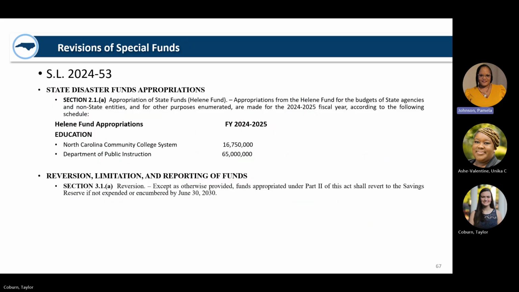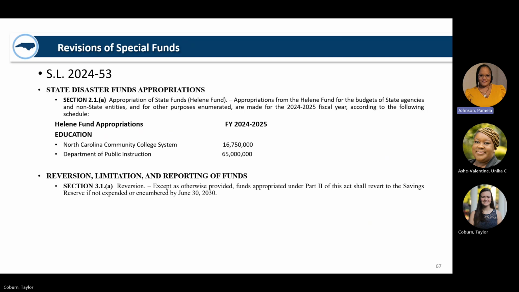Any revisions that do not comply with those specified uses will not be allowed. There are certain instances where the General Assembly doesn't specifically budget to a special fund, but the director of the budget may direct an agency to transfer funds to a special fund and account for the expenditures there. This is most often the case with appropriations that are not subject to reversions for several years, including past the end of the biennium, or are available until expended.